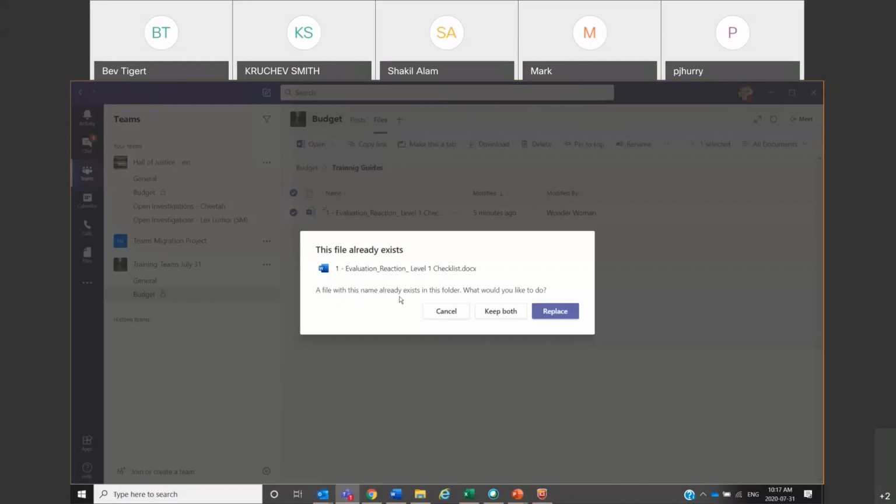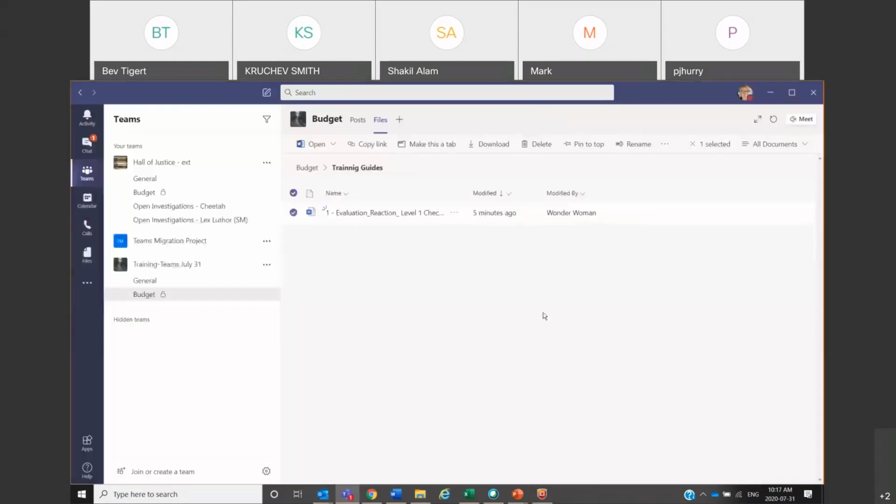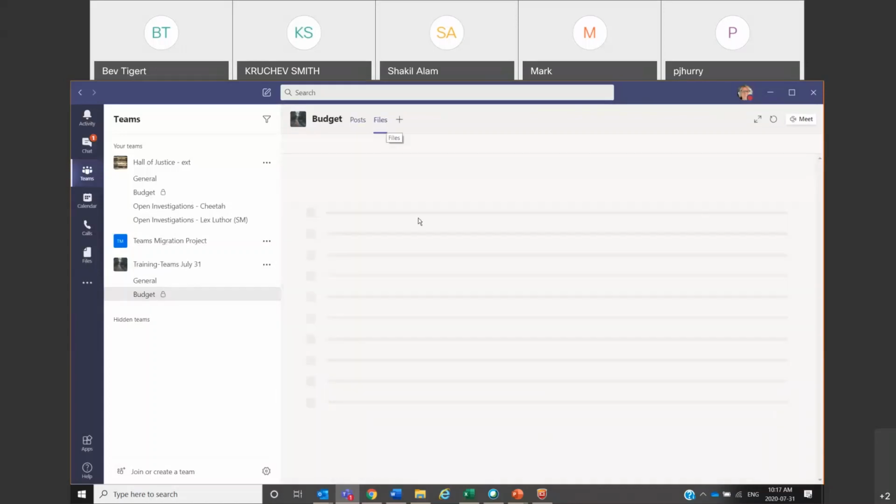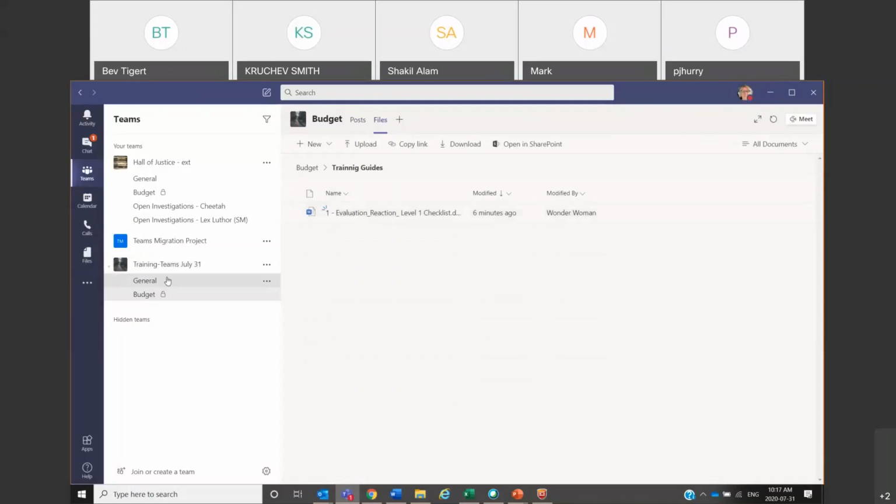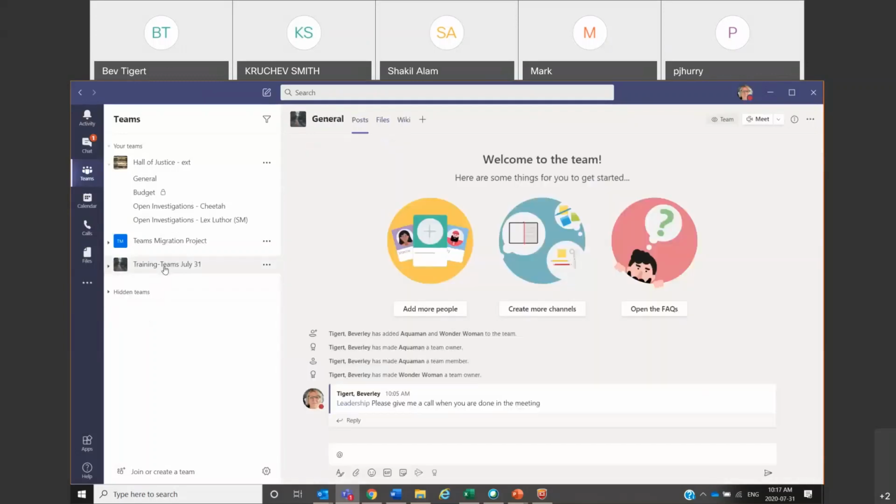A file with that name already exists. I'm going to replace it. So technically it's really running into a problem. So I don't know what's happening inside Teams, because really that file should be gone. It should be gone out of budgets, and it should be actually inside general only for everybody to see. So that's how you move it. It will work. I don't know why it's not working now.